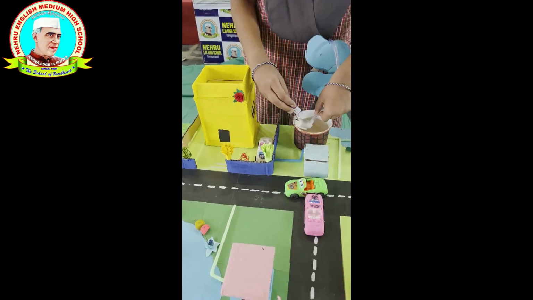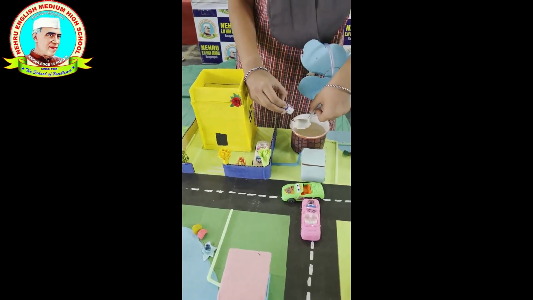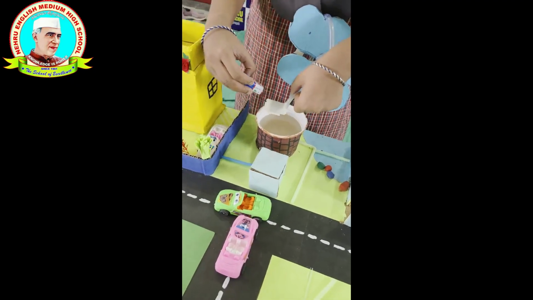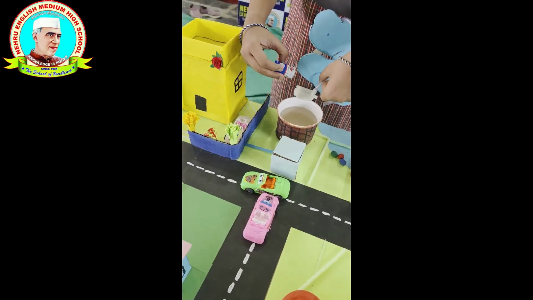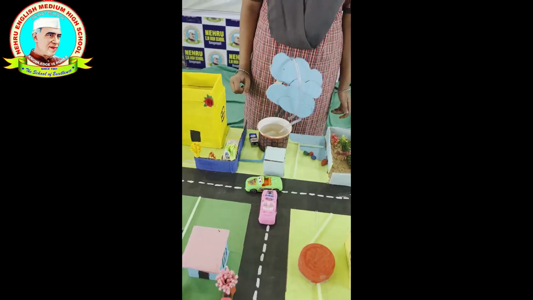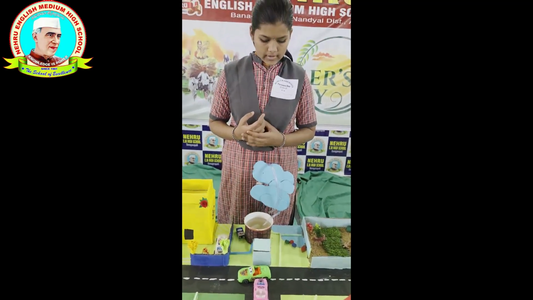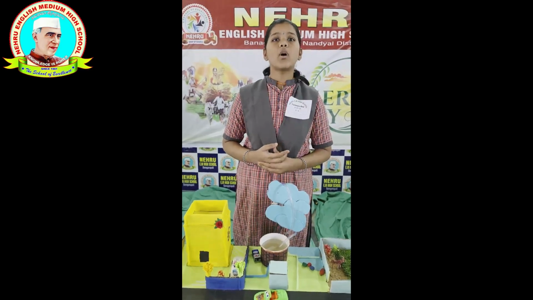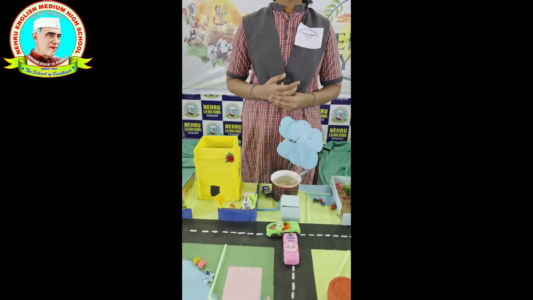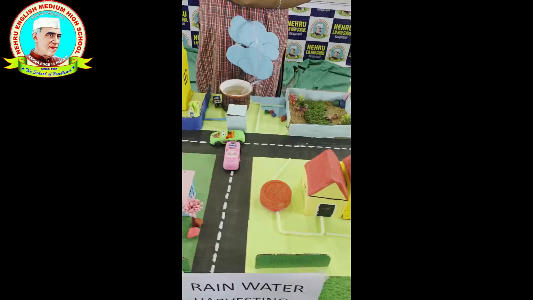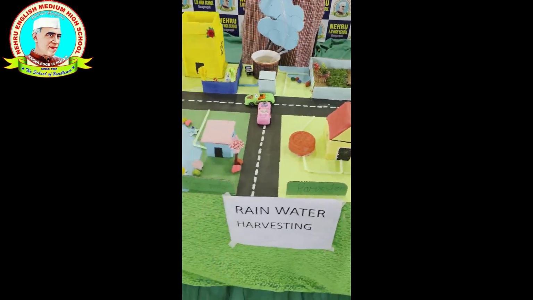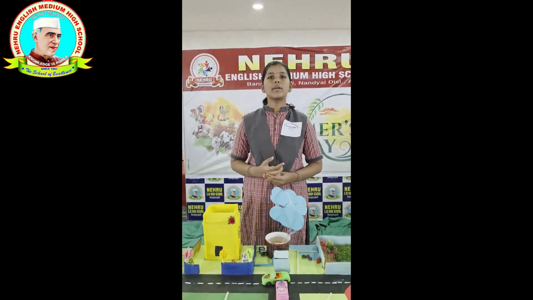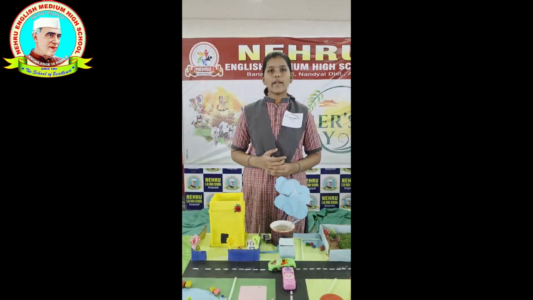Well, more complex, like this. Just like the rainwater is flowing, storing in the well. Rainwater harvesting is the collection and deposition of rainwater for use on-site or recharging underground water. Uses of rainwater are recharging the underground water, drinking purpose, irrigation purpose, livestock, gardening, etc.